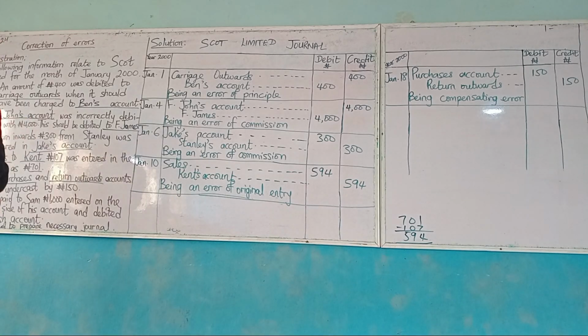Now let's go to the last one, which is the error that occurred on January 24. Cash paid to Sam, 1,000 naira, entered on the credit side of his account. Cash paid to Sam. This Mr. Sam is receiving money, so for receiving this money it is supposed to be debited to Mr. Sam because